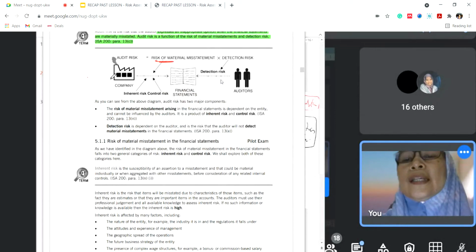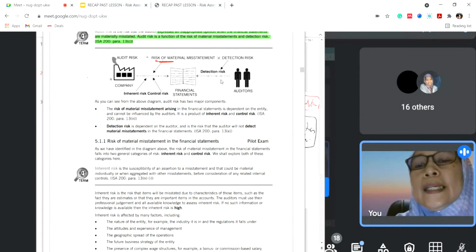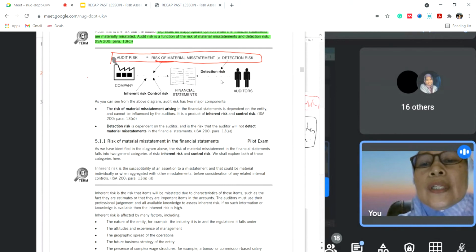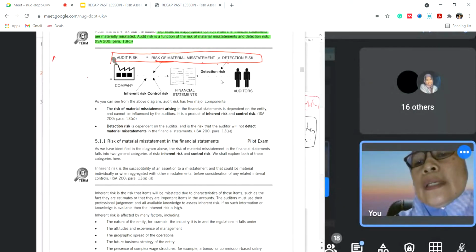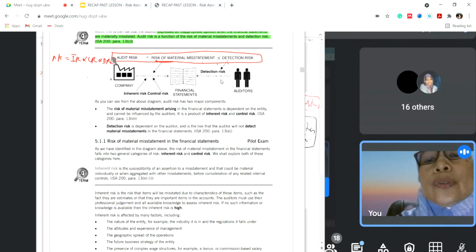Okay. So audit risk, here. This is the audit risk model. Audit risk equals risk of material misstatement times detection risk. As we discussed just now, audit risk equals inherent risk times control risk times detection risk. So risk of material misstatement is a combination of inherent risk times control risk, because